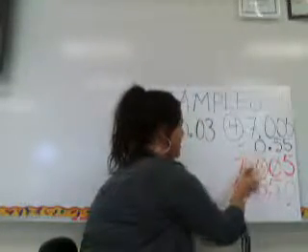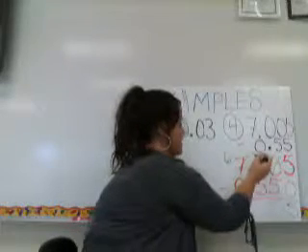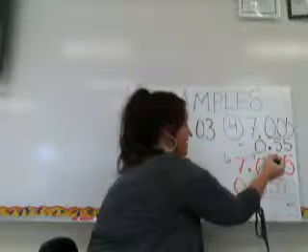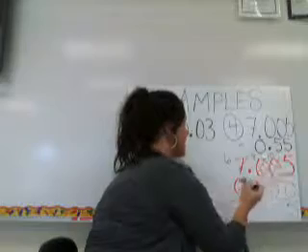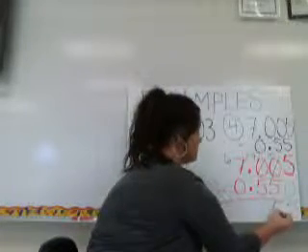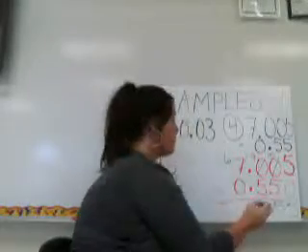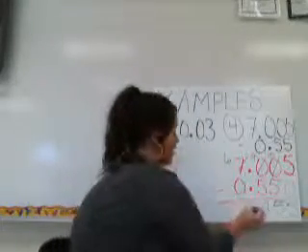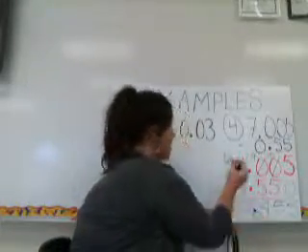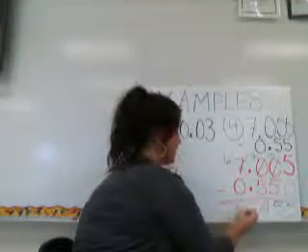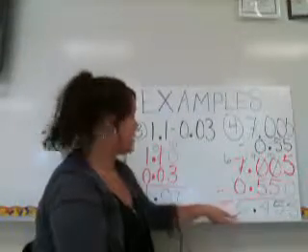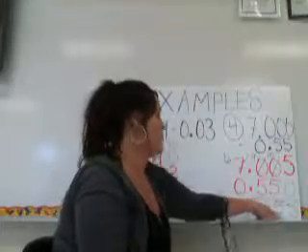We're going to come all the way over here to the 7, make that a 6. This will become a 9. This will be a 10. 10 subtract 5 is 5. 9 subtract 5 is 4. Bring your decimal places down exactly where they are. And 6 subtract 0 is 6. So this answer will read 6 and 455